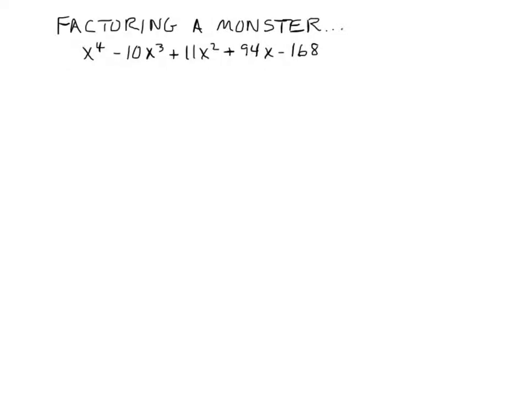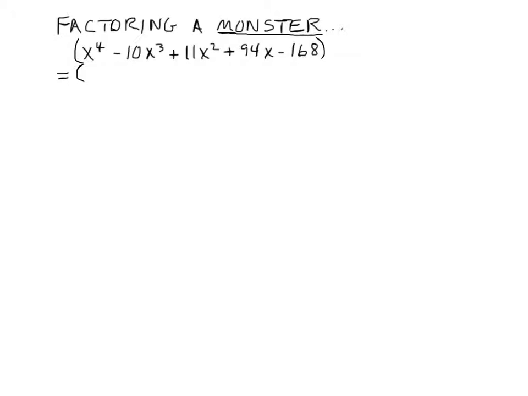Okay, the clock is running. We're here to factor a monster: x to the fourth minus 10x to the third plus 11x squared plus 94x minus 68. Let's start with, hopefully you understand that when we factor this guy,